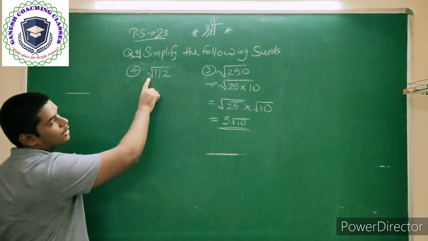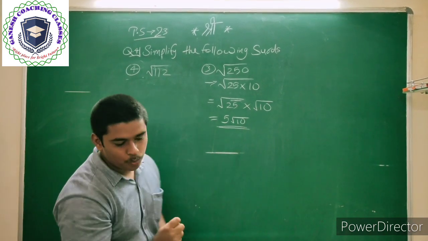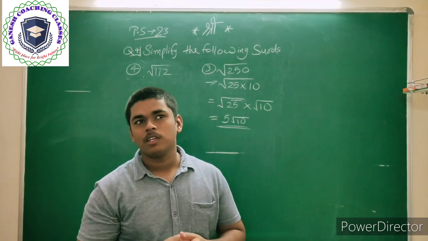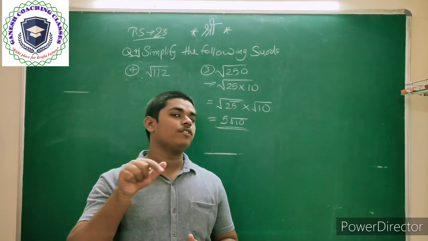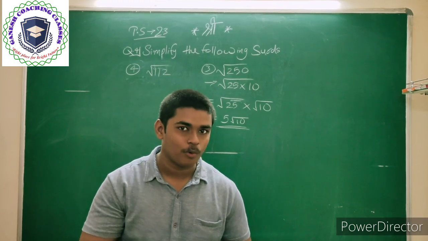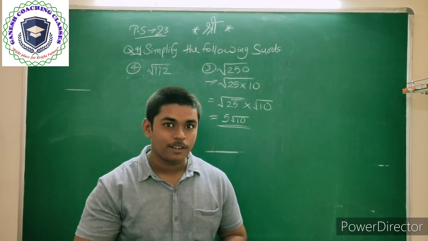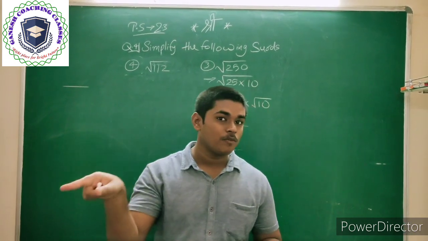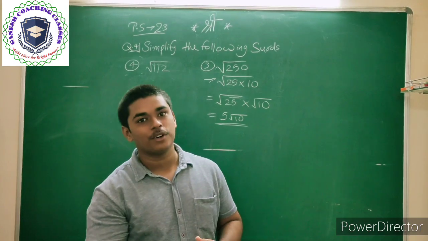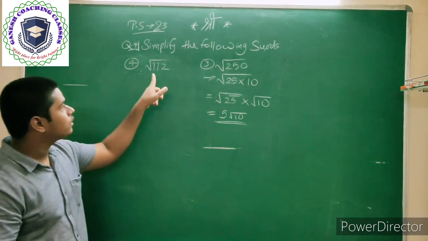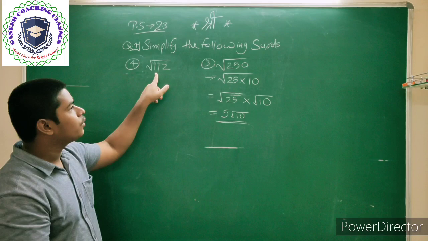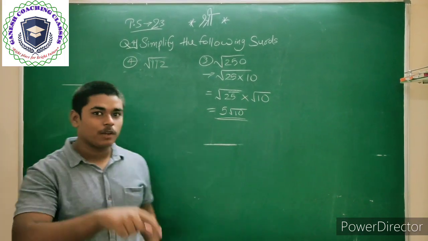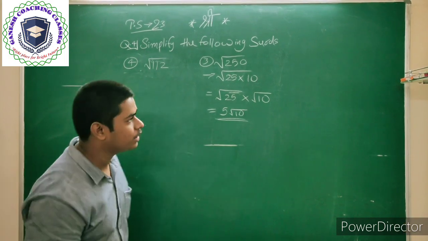Next, question number 4, we have been given root 112. Now how can we factorize 112? If we take half, 56 twos are 112, there is no predefined value. If we take 4 times, that is 28 fours are 112, we have the predefined value of root 4, but 28 is a bigger number. So here we are distributing 112 using the table of 16. 16 sevens are 112. We have the predefined value of root 16, that is 4.